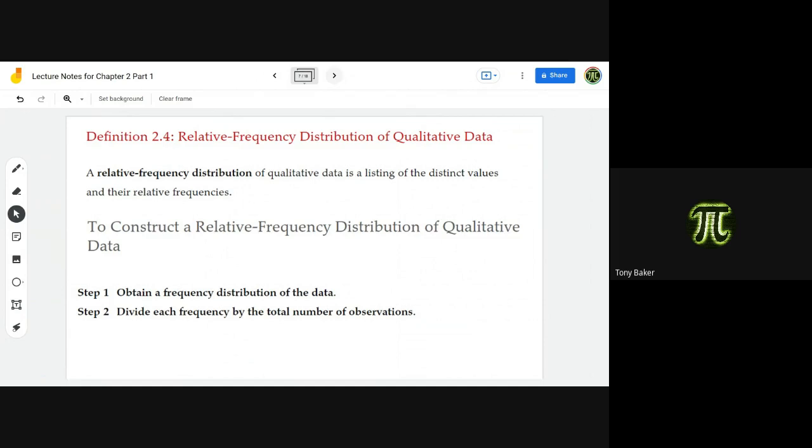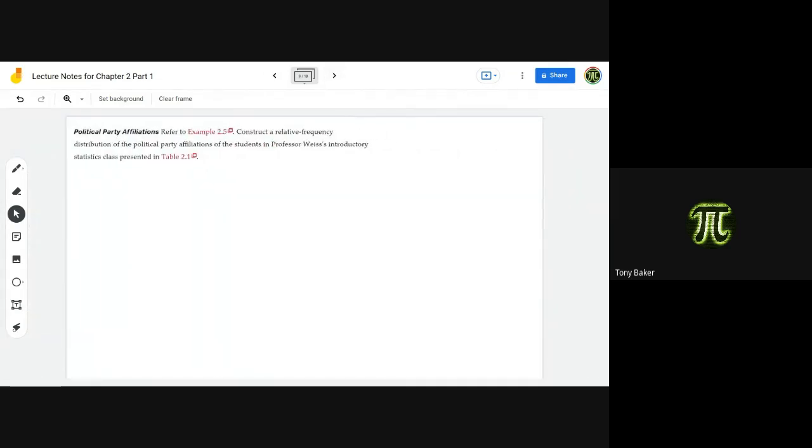All right? Sometimes you can get things that add up to 101, or sometimes you get things that add up to 99. That's just a rounding error. If you take it out a couple extra decimal places, you normally can get rid of those rounding errors. So it really just depends on how accurate you want your data. Okay, so relative frequency distribution: get the frequency distribution, and we're going to divide each one of them by the total. So if we look at the problem that we just did,